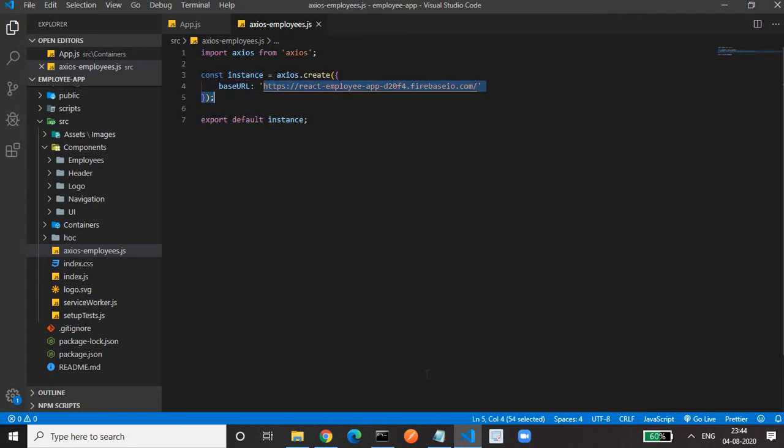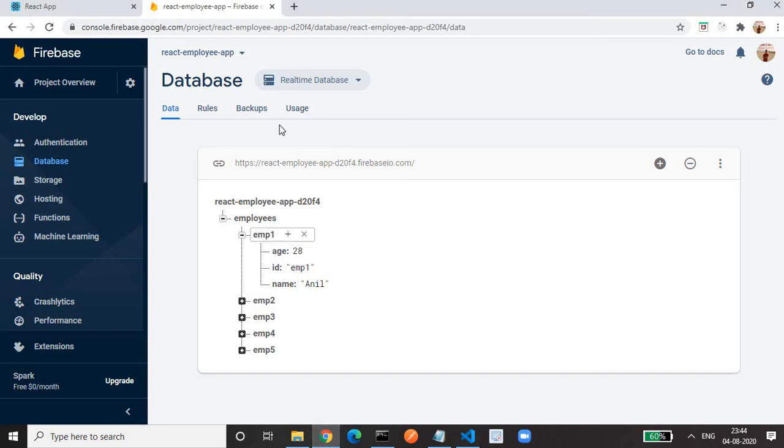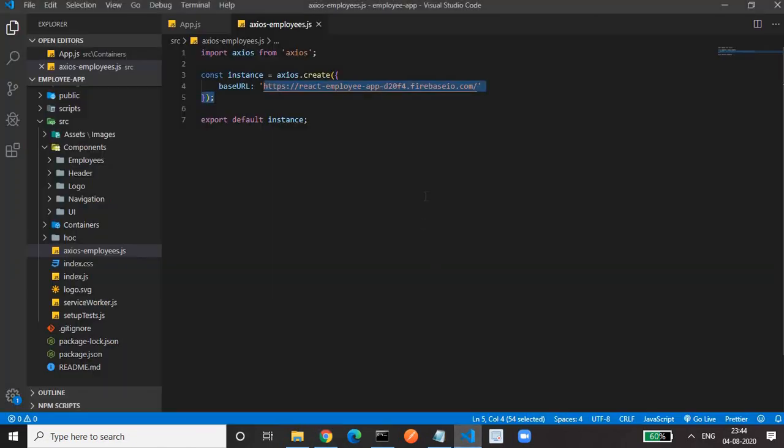So this is my base URL, which I have shown you. After this, the next URL will get added. The base URL is just the starting URL, and it always remains there for your server. And we have to export that instance also so that it can be reused.